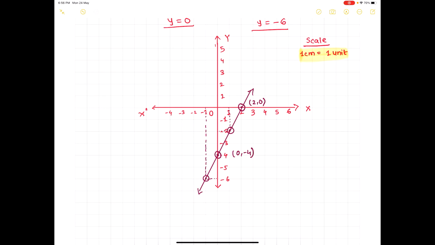Now, how to solve linear equations in two variables by using the graphical method. It is very simple. We have drawn the graph for one equation. What is our equation? I am writing that equation, 2x minus y is equal to 4. Next, you have to follow the same steps for the other equation. Then draw one more straight line. After that, you will get the point of intersection of both lines, and that point of intersection is nothing but your solution that satisfies the given two equations. That is nothing but your solution. I will show you how to solve.